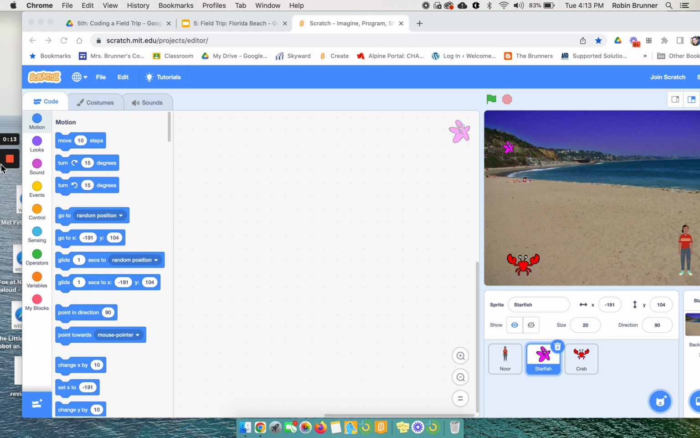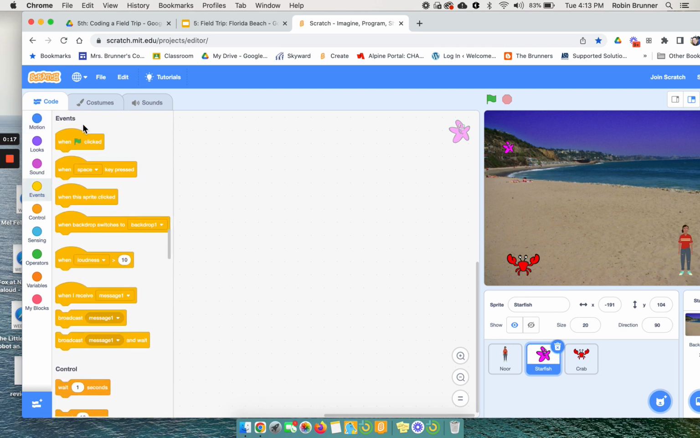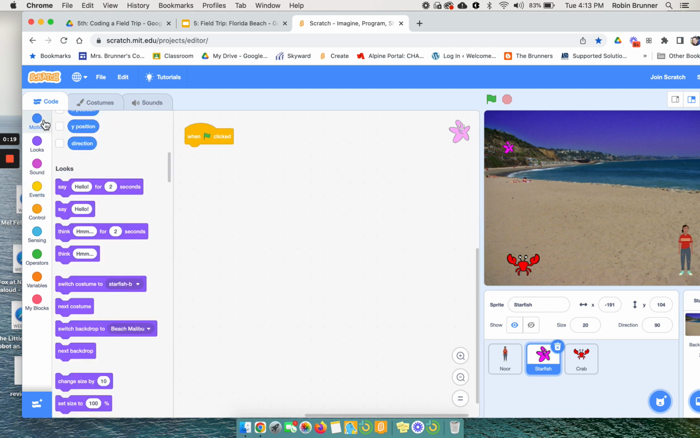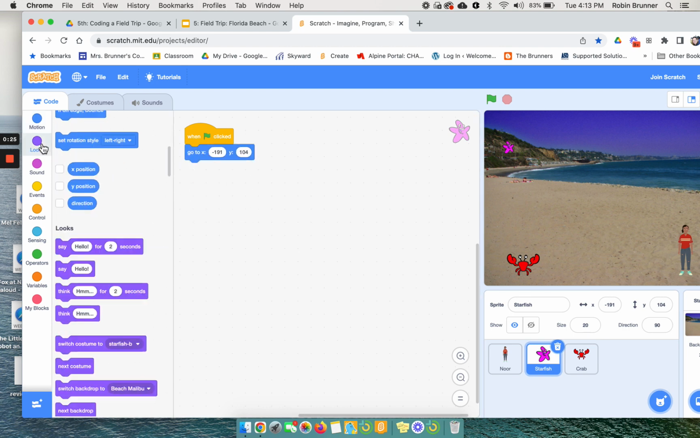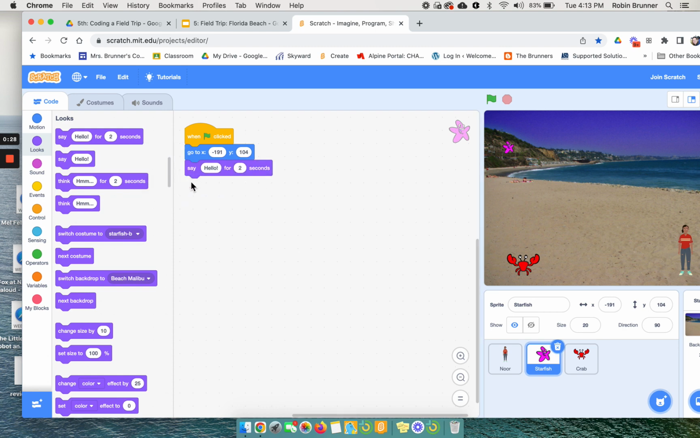So the first thing you want to do with your person is to make sure you have your event and your starting position, and then don't forget to tell where you are and what you're doing and kind of give instructions. So you're going to say, we are at a Florida beach, and then I'm going to do another one. I'm going to say,